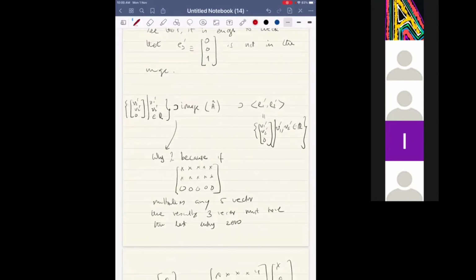I'm saying you don't need to use the fact that A hat is in row echelon form. All you need to use is the fact that the last row vanishes. That's why I said blah, blah, blah, blah for the first two rows. Okay, thank you. So my point is,